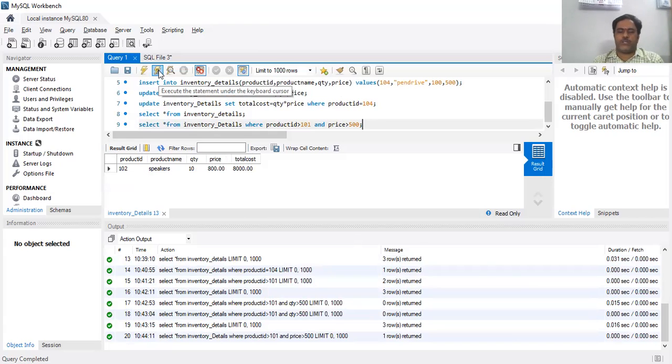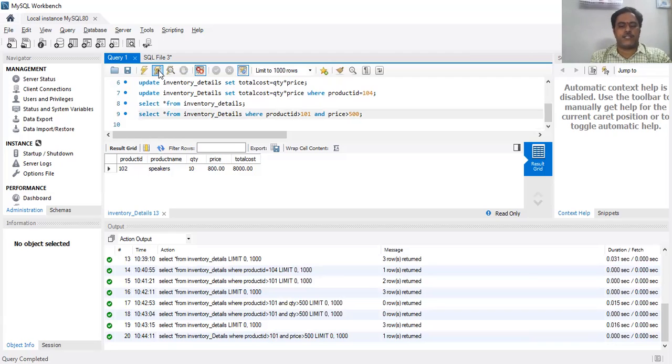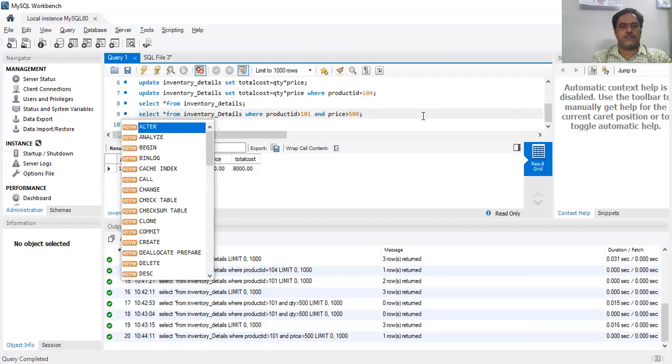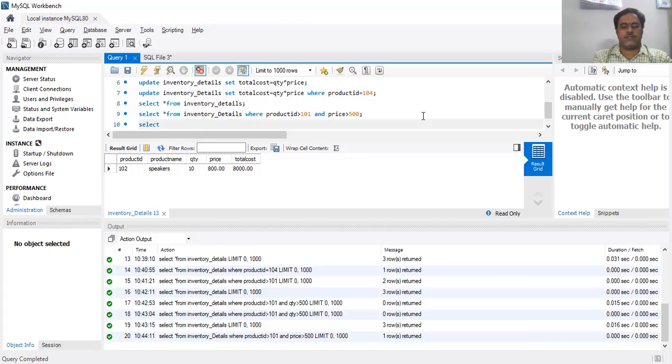This is how we can write the queries. We can get the complete records, or the specific records, or if you want to get information based upon a specific condition, you can specify that also. So this is the advantage of the select statement. See here, I'm using another condition: select star from inventory details where product name like